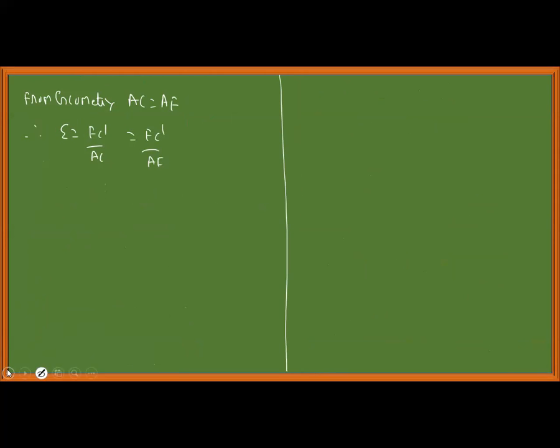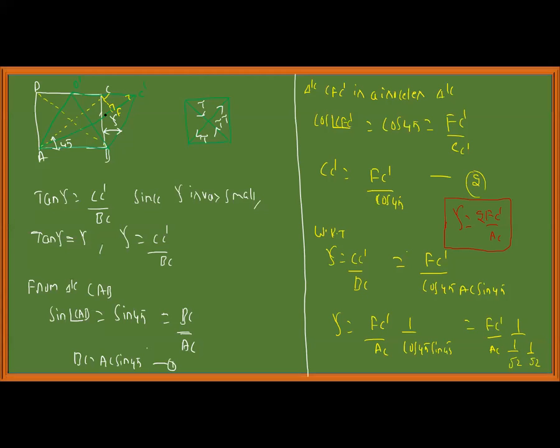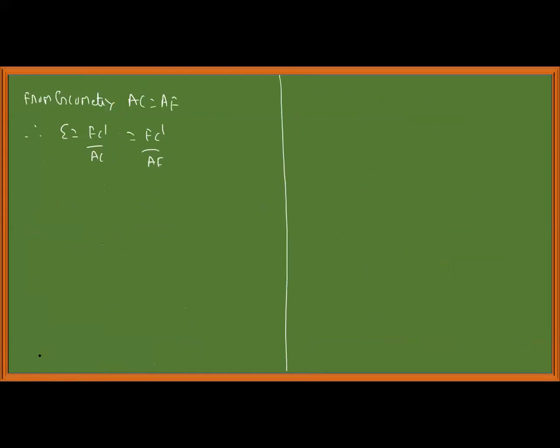This you should understand. Actually AC and AF are of equal lengths for small angles of gamma, and then there is an increase in length by FC' due to my tensile normal stress acting along the diagonal. Similarly, there is a decrease in length along the diagonal BG'. So the change in length by original length is my linear strain. Okay, this is the linear strain.